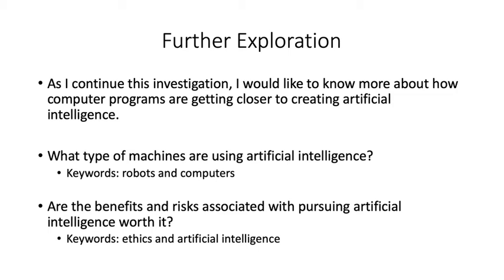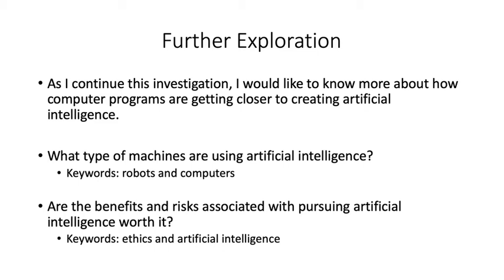So to do this, then I can ask two more questions. What questions would I ask? So one of these might be, what are the types of machines that are using artificial intelligence? And this is where your keywords come in. What keywords would I use to then go look for this answer? And for me, two of these that seem pretty obvious are robots and computers. So I just need to see you're putting the keywords into the questions